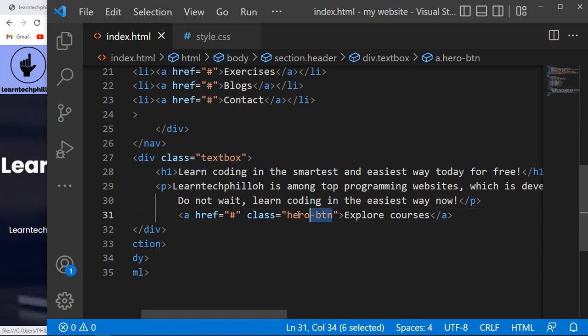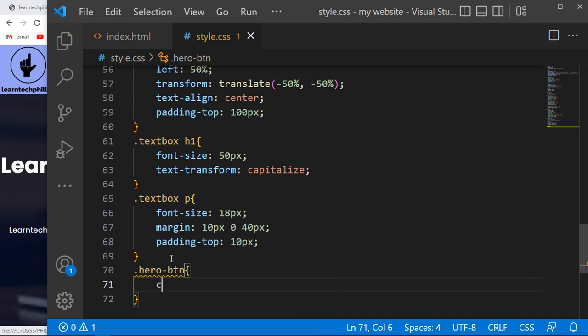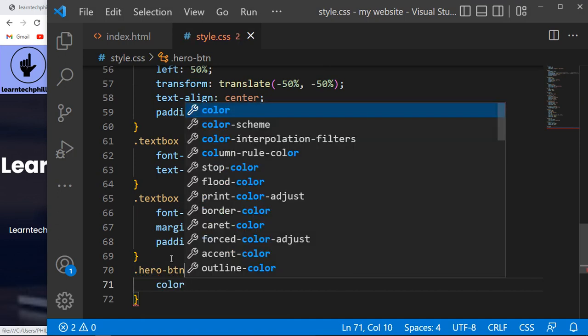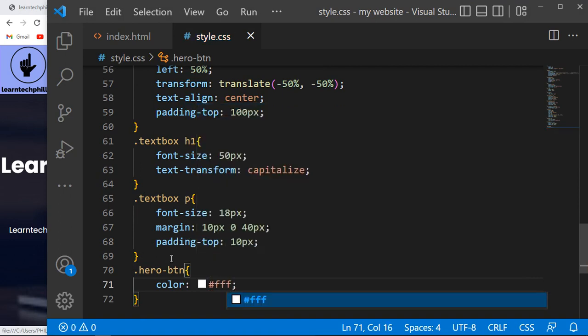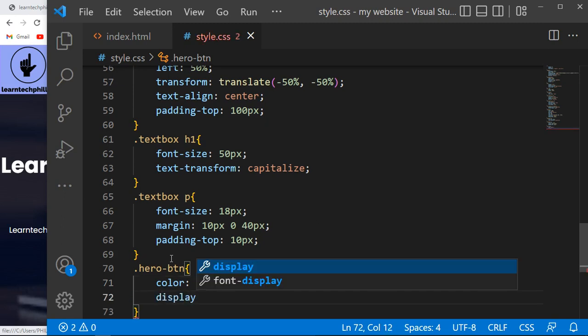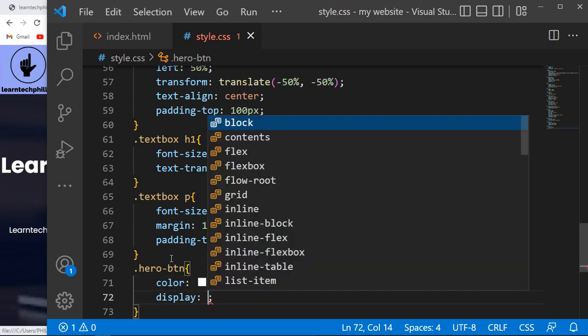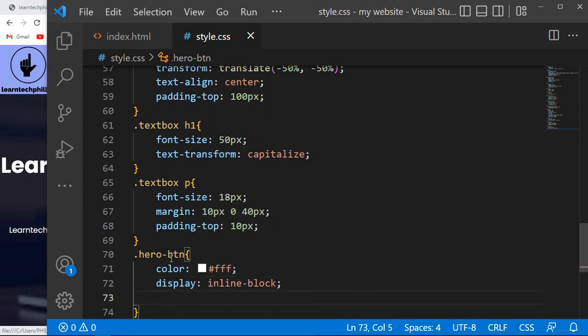All right, now you just need to style the hero btn. Now this class name over here, you just need to copy that, and then you come back here. So at this point you need to style the color, and display is now set to inline block. Okay, good. Then text decoration